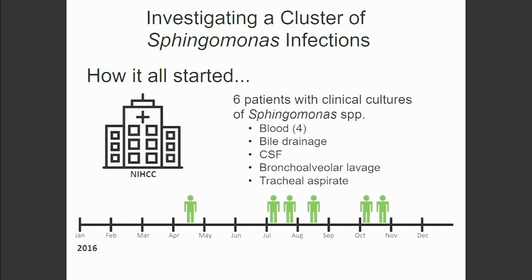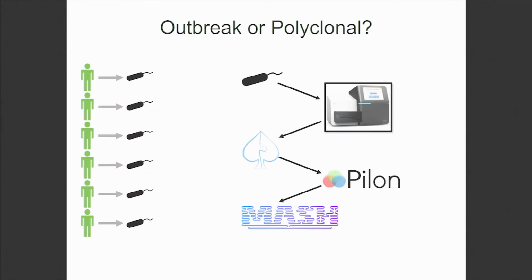This was one of those discussions in which she said, I have 6 patients with clinical cultures of Sphingomonas. I'm sure it's polyclonal, but would you sequence them anyway? Sure. So this was over a year. We probably are always going to have 1 or 2 Sphingomonas at any point during the year. But we sequenced these 6, and the text message I sent back to Tara was, yeah, it's polyclonal, but